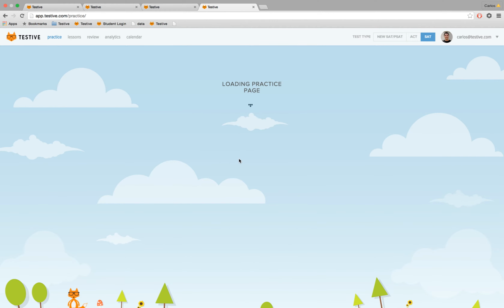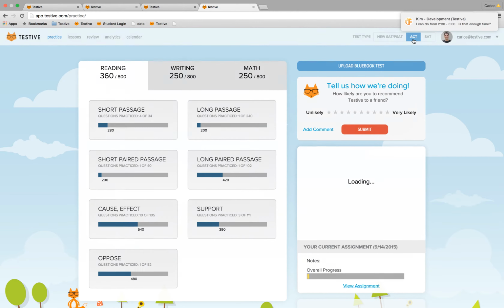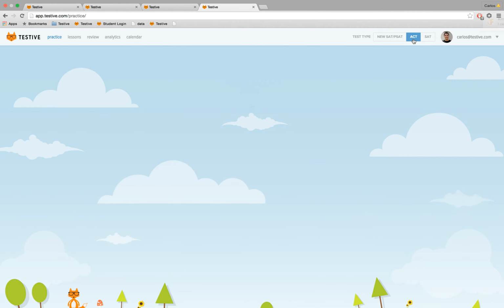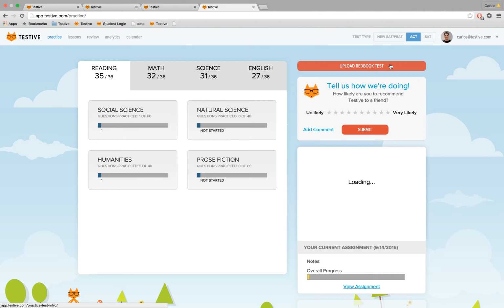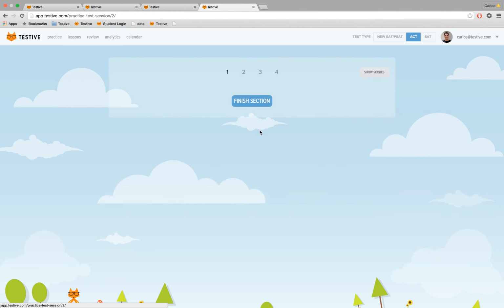You'll be taken to what we call our practice tab. That's because practice here, as opposed to lessons, review, analytics, or calendar, is highlighted in blue. And this is really useful for uploading your test because you'll have a link over here, upload Bluebook test, if you've taken the SAT, or if you switch over to the ACT side up there, you'll have a link to upload your Redbook test. Right over here. So for this student, say you'd click on Upload Redbook Test, select the test that the student took. So say it's Redbook Test 2,